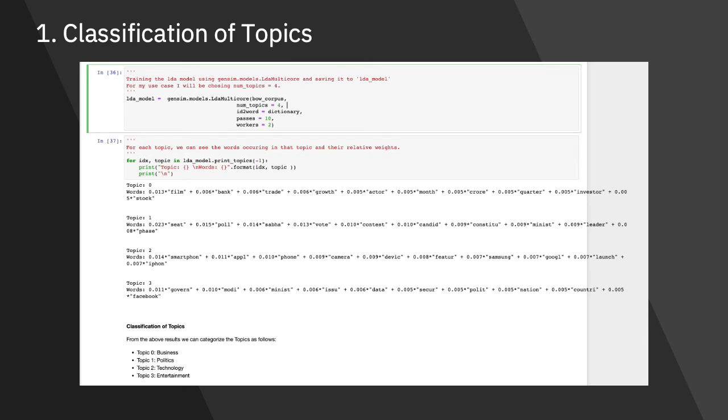We can see that topic 0 includes words related to business. At the end, I have mentioned the name for each topic, how it classified. So topic 0 represents business documents, topic 1 represents documents related to politics, topic 2 technology, and topic 3 entertainment.